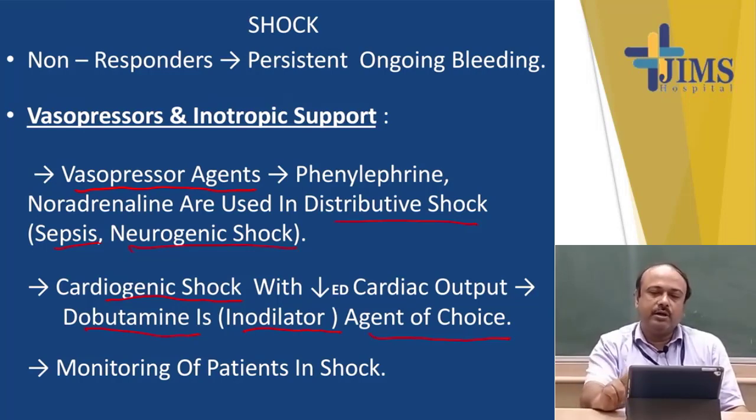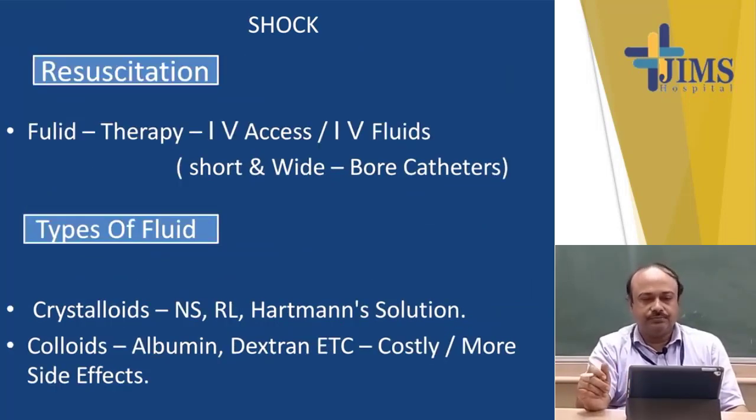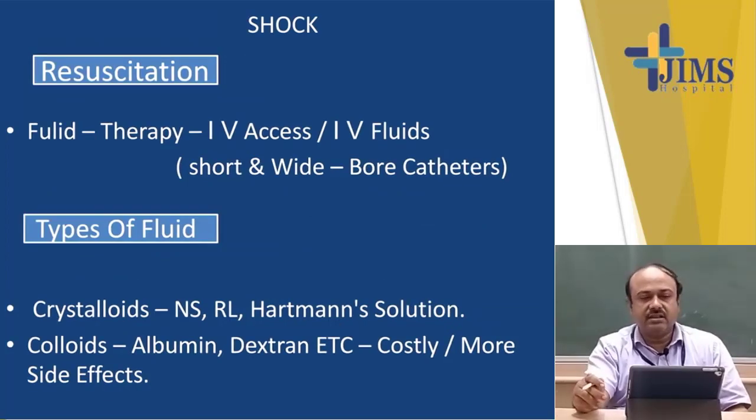Now, how to monitor a patient of shock? I was discussing the resuscitation part. The fluid therapy, IV access and IV fluids, are usually delivered by short and wide bore cannulas or catheters. In certain cases of shock, like in cases of burns, we use central lines, or venesection, a peripheral cut down of veins, which is done in the long saphenous vein near the ankle,